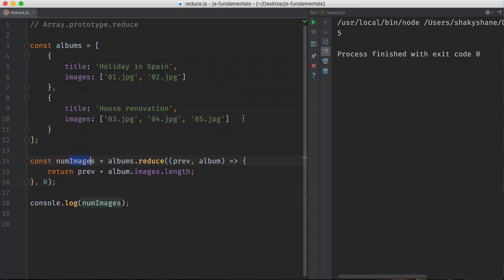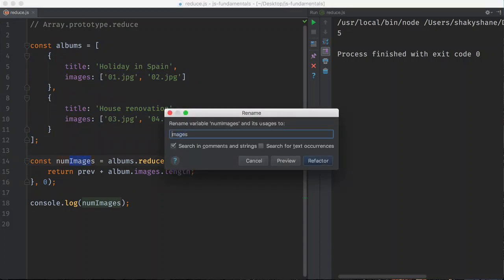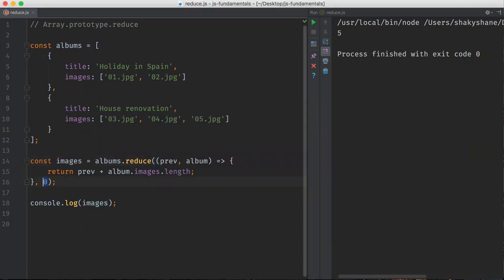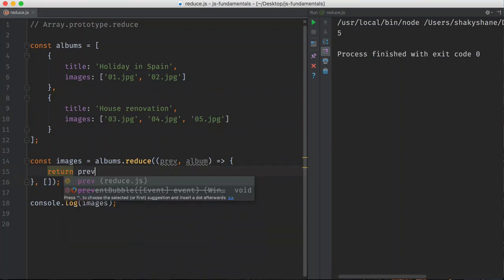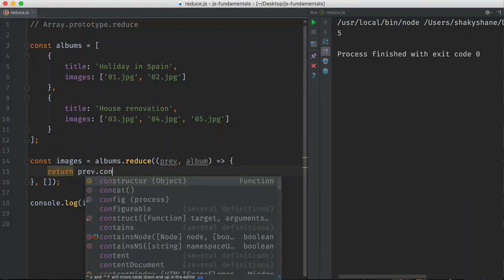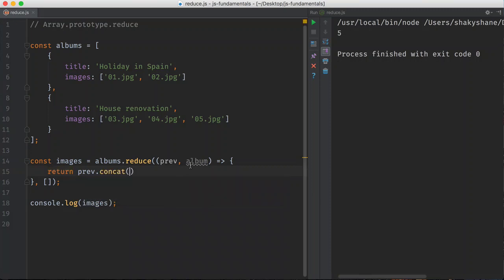First we'll just change this so it makes more sense. We'll just say it's images. Now our initial value does not want to be a number this time, actually it wants to be an empty array. So for the first call, previous will be equal to this empty array. So what do we want to do? We know that when it's called the second time, we're going to expect an array with these 2 items in it. So if we return previous, which is an empty array at this point, we'll concat onto it the current